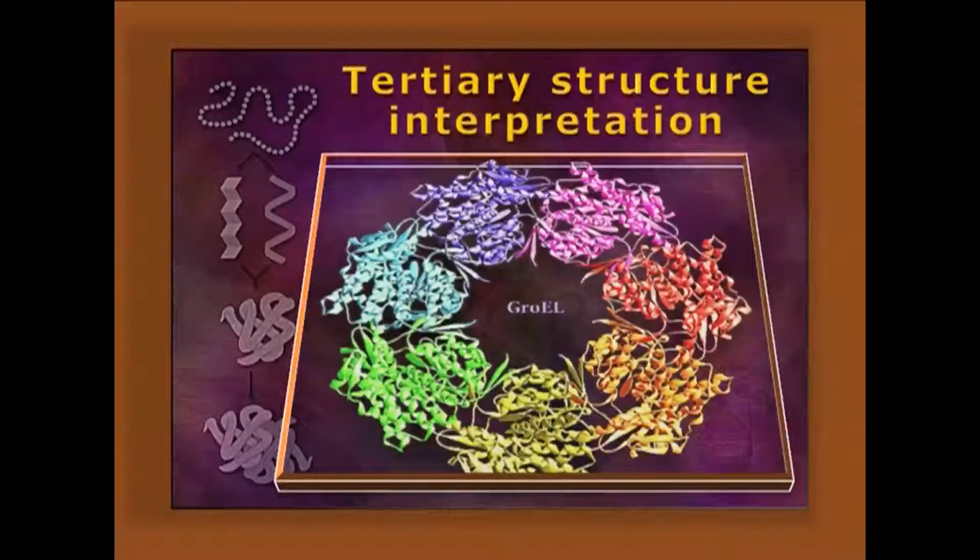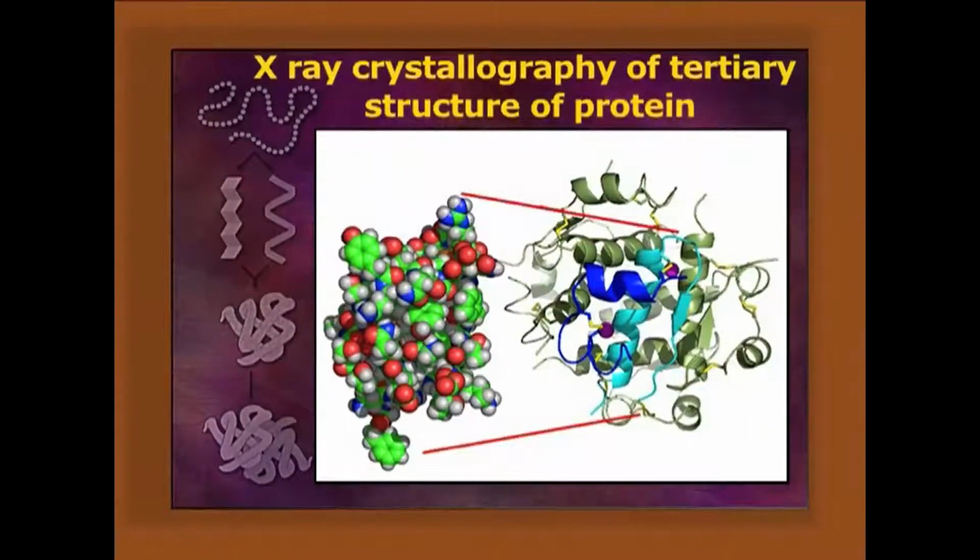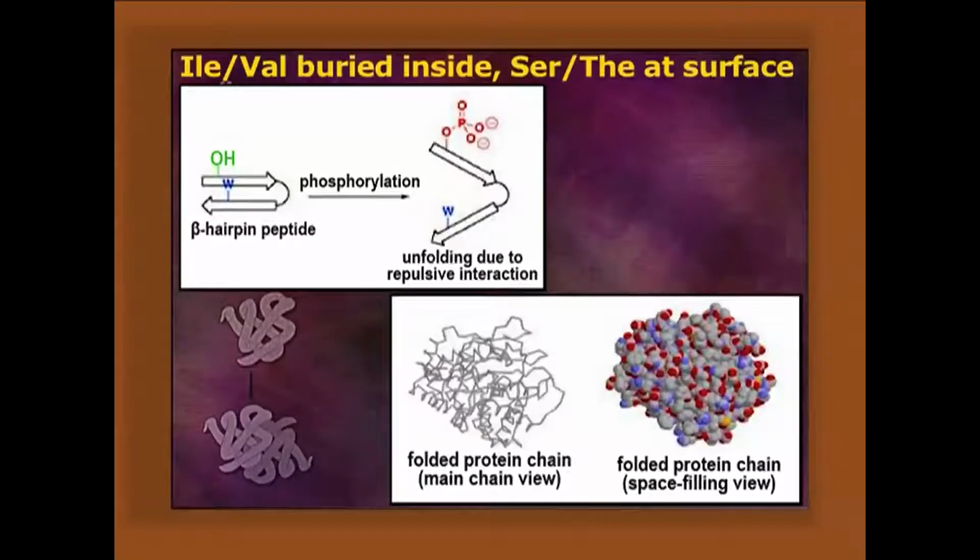Next, tertiary structure interpretation. By X-ray and NMR crystallographic structure, the tertiary structure is well interpreted. In the crystalline structure, the native conformation can be known, where you can find in the globular compact structure that at the outer region aspartic acid, the carboxyl-containing amino acids, are present, and within the core isoleucine and valine interact to give the hydrophobic interaction. Serine and threonine can be present over the surface as well as in the interior core to impart hydrogen bonding. So this particular structure has various types of motifs.